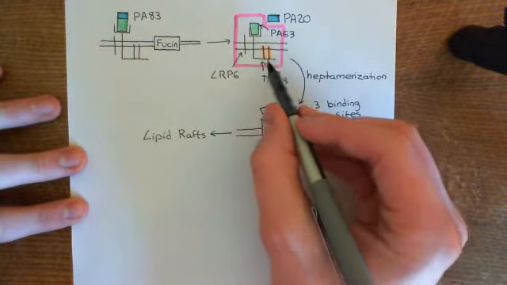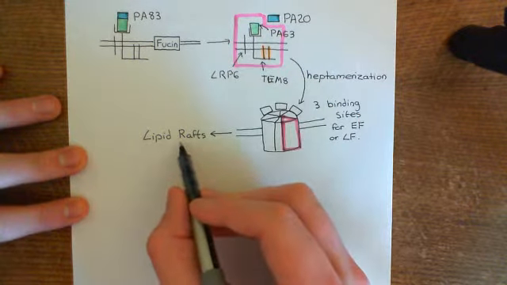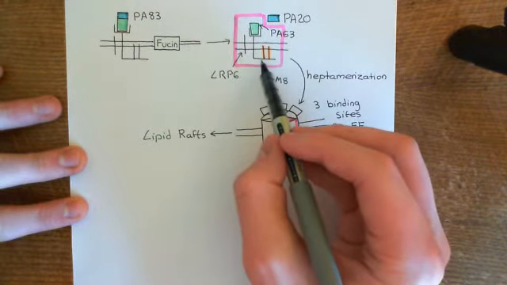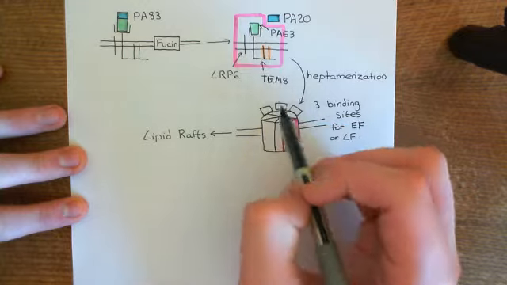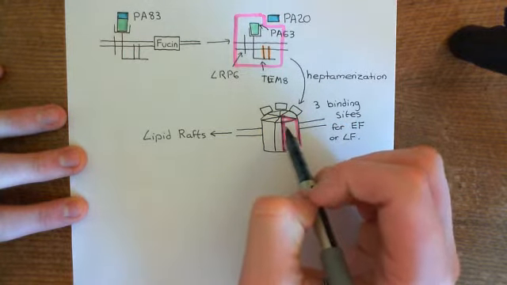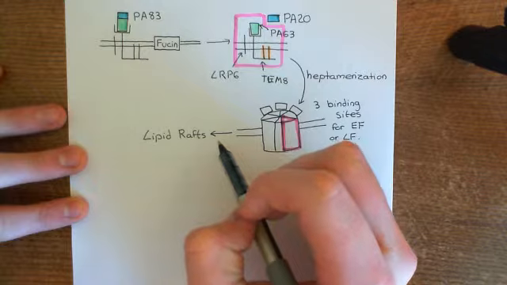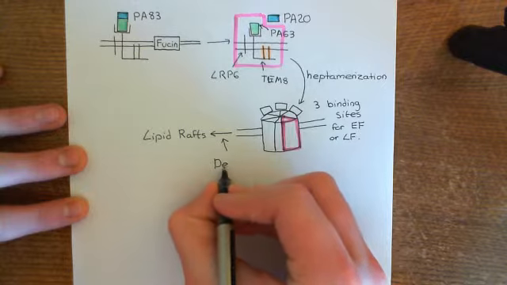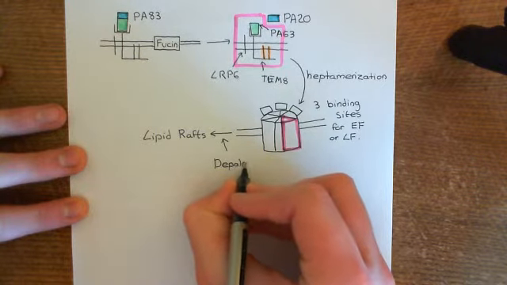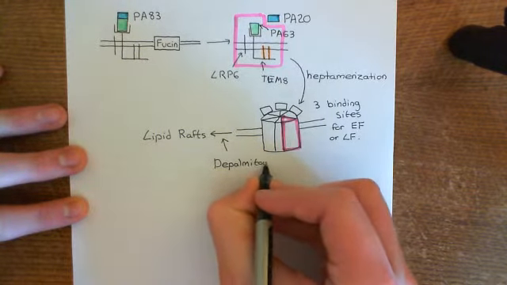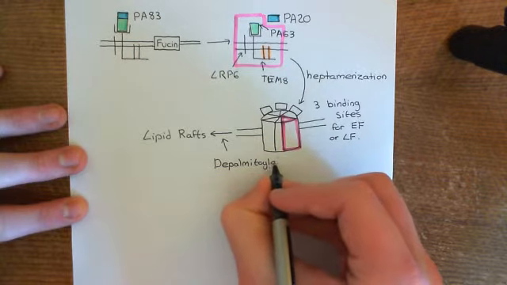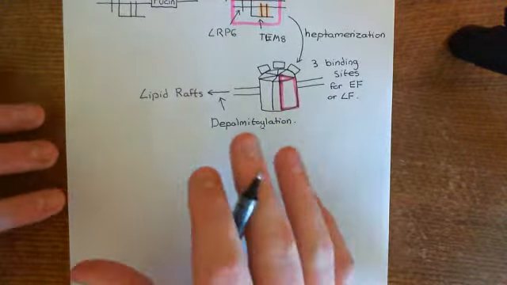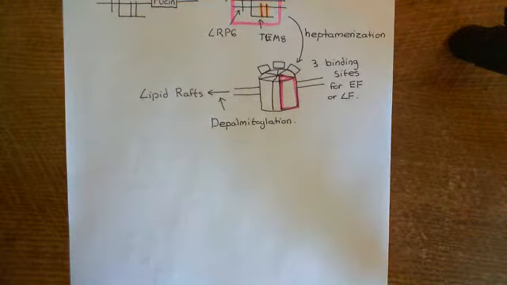palmitoylation of proteins promotes the protein going into the lipid rafts, but in this case the depalmitoylation of the anthrax toxin receptor is what promotes the anthrax toxin receptor heptamer going into the lipid rafts. Okay, so what's going to happen is depalmitoylation, and then you will go into the lipid rafts, and that is very odd. Usually you'd have to palmitoylate proteins to make them go into the lipid rafts, so this is odd. Right, now let me take a step back after saying that and explain to you what a lipid raft